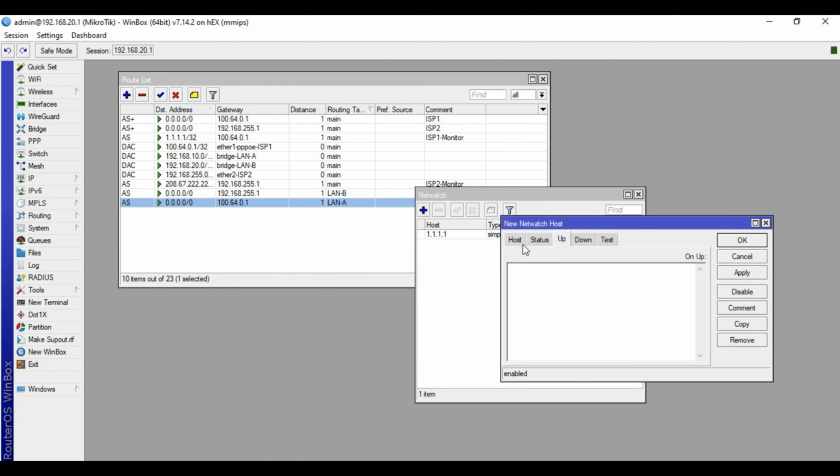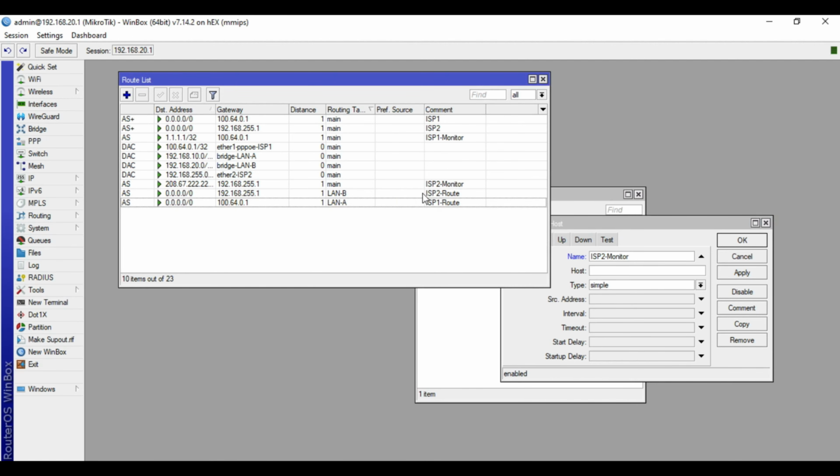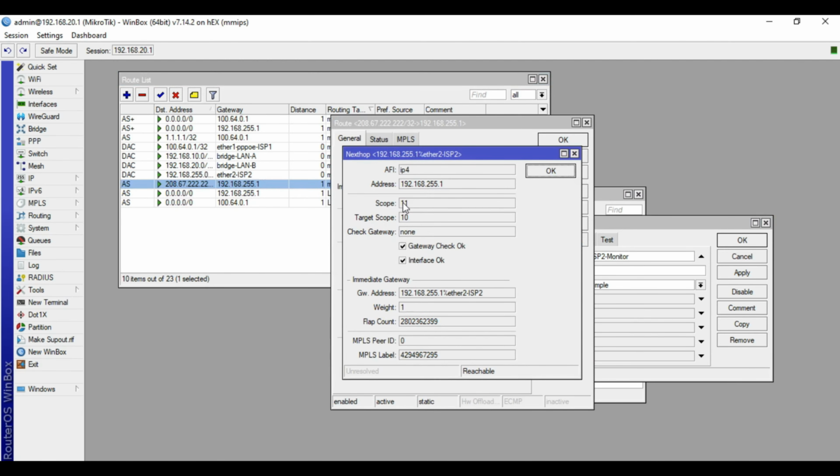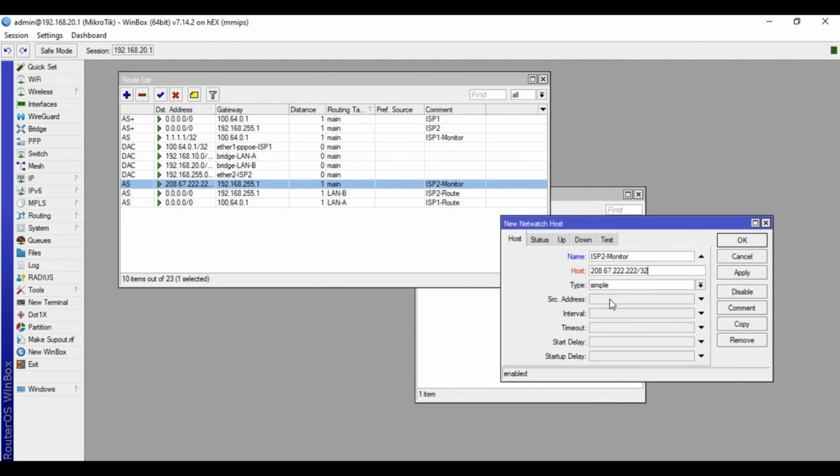Click plus again. Host tab, we will name this one ISP2 monitor. For the host, the public DNS address that we assigned for our ISP2. In our case, it's 208.67.222.222. For the interval, 10 seconds.